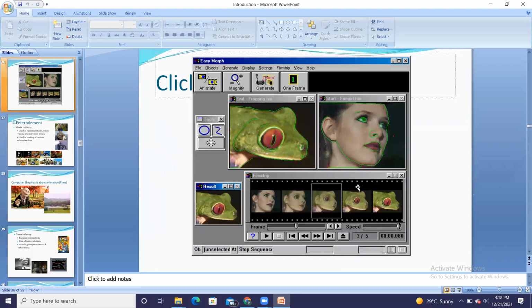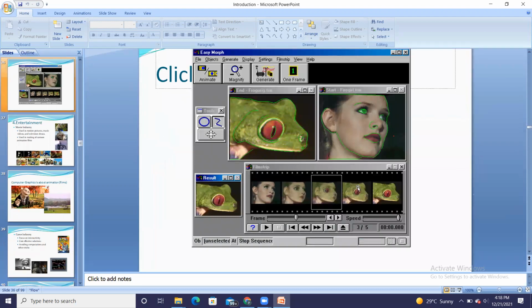So here you can see the one object is converted into other, which is called morphing. So we are changing the animal's face into a human one. It is one kind of morphing.